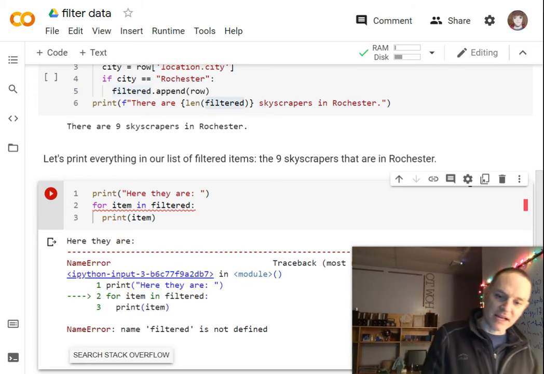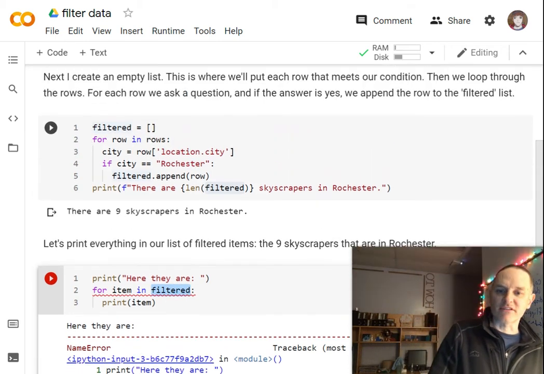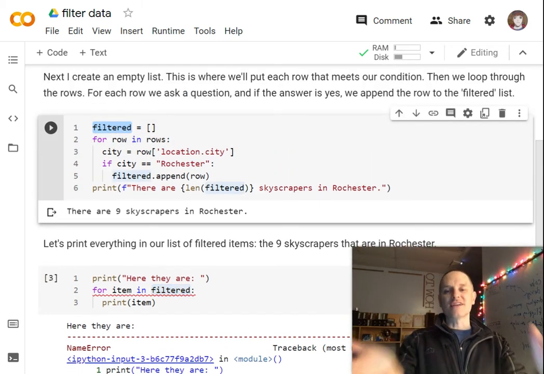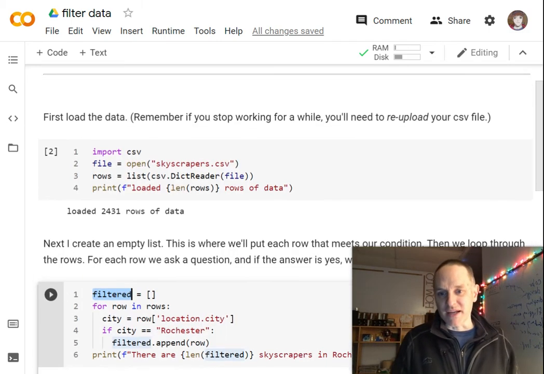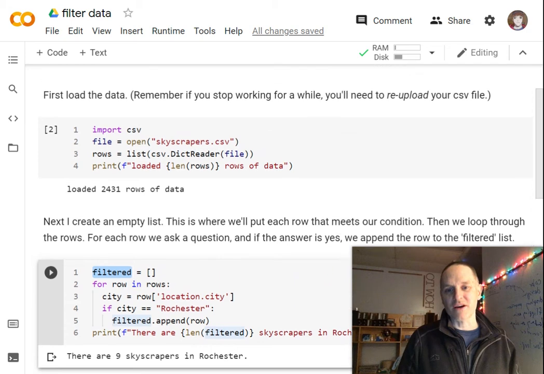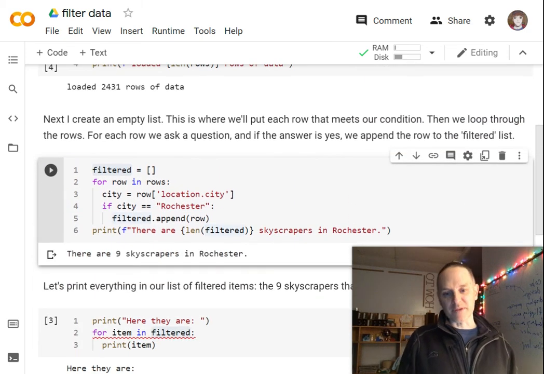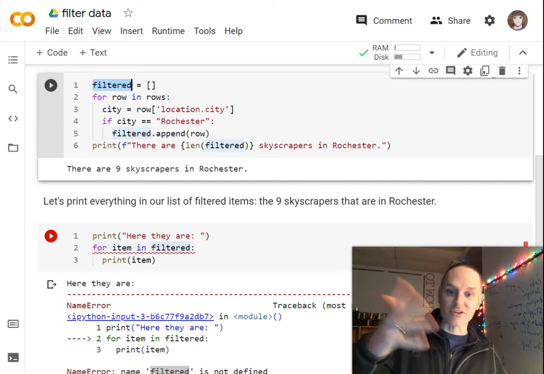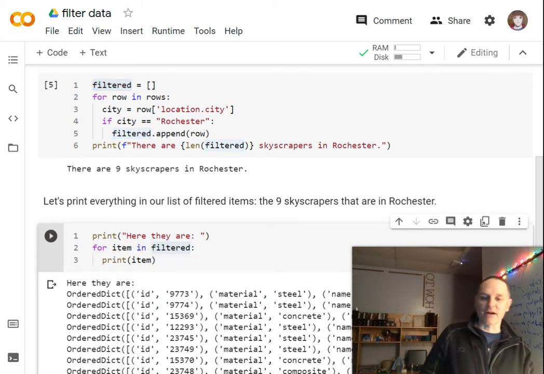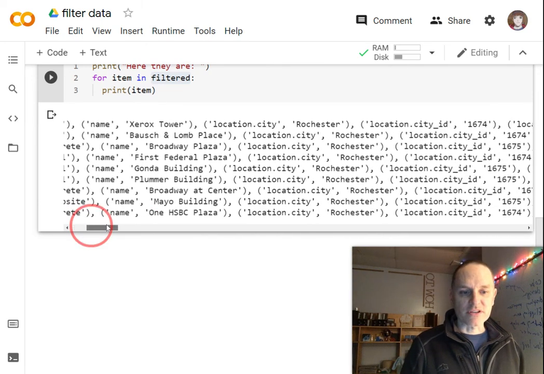Now look at this error here. Look, name filtered is not defined. What? I thought I did define it right up here. So here's the thing, and here's one more thing with Colab. You can't just start running code at the bottom of the page. It depends on this code up here having already been run. So I already did import my data. I have to run this to populate the filtered list. If I don't run this second code block, but I go ahead and run this third code block, filtered hasn't been created yet. So now I can run this third code block, and there's my 9 skyscrapers